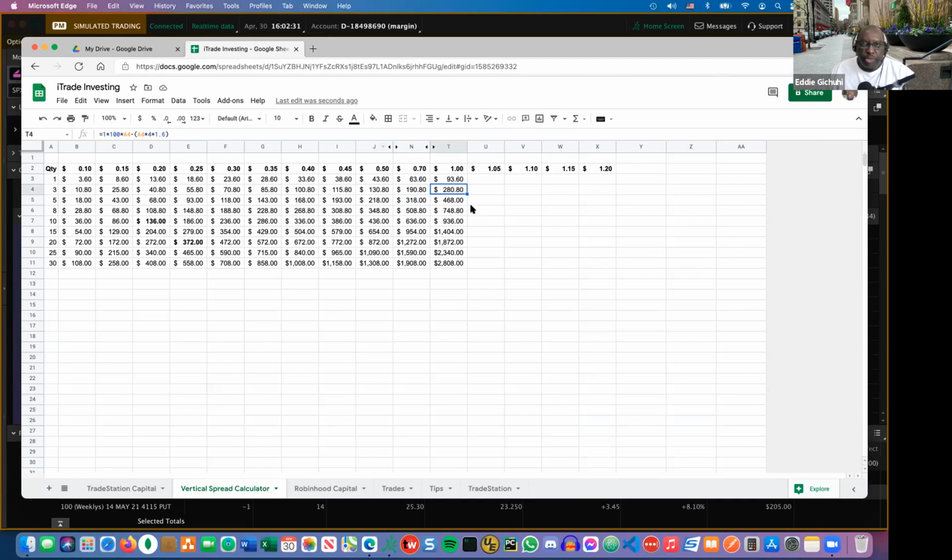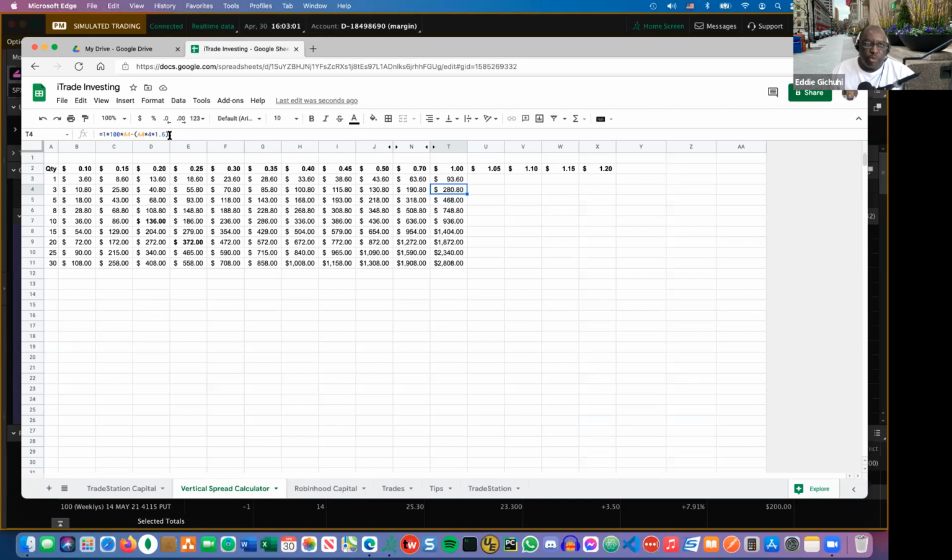I am multiplying 1, which is the premium that I received, times 100. 100 is the multiplier that we all know: one option contract represents 100 shares. And then by multiplying that again times A4, what is A4? That is the number of contracts that I sold, right? And from that, I am subtracting A4 again times 1